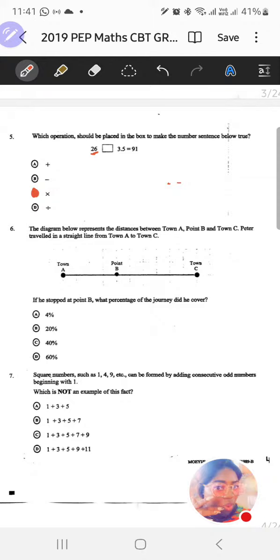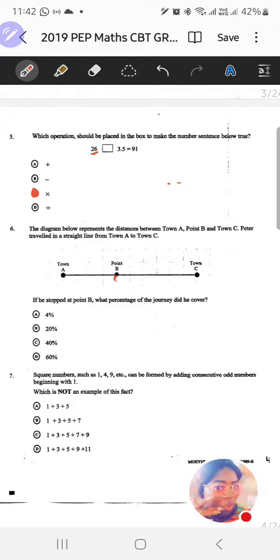So far. Let's move on to number 6. Number 6 says the diagram below represents the distance between town A, point B, and town C. Peter traveled in a straight line from town A to town C. The question asks, if he stopped at point B, which is right here, what percentage of the journey did he